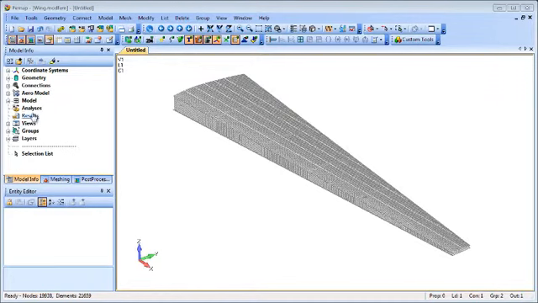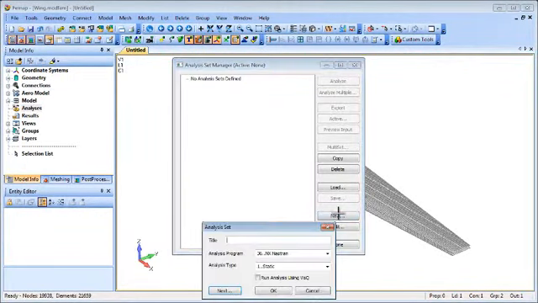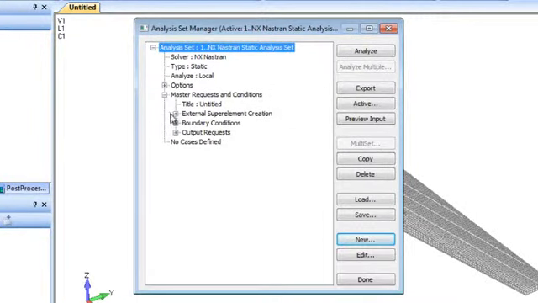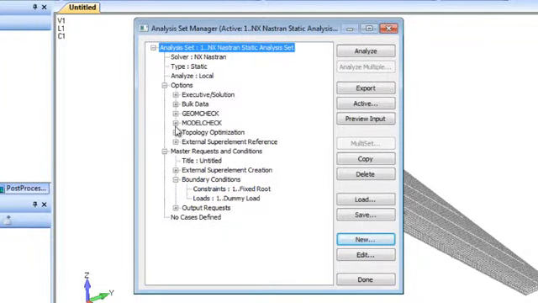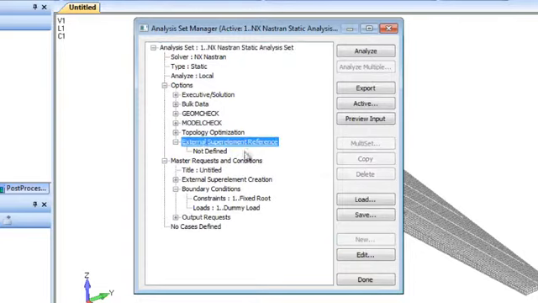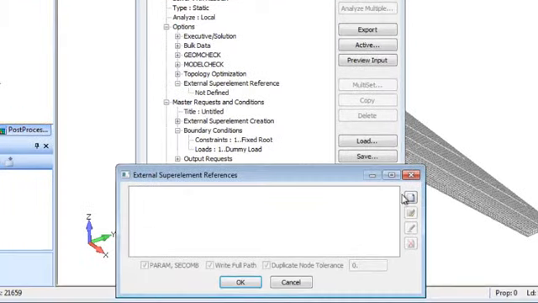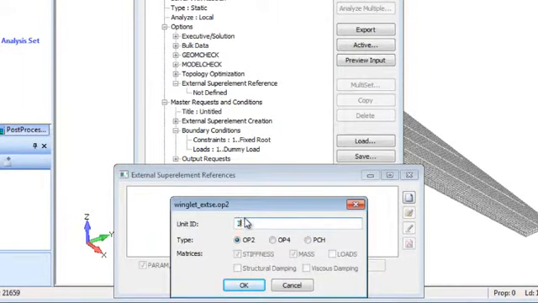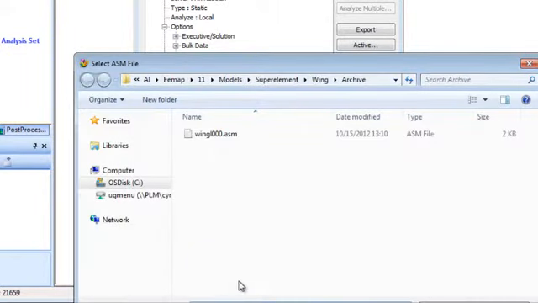Now, within the wing model, we can attach the winglet as an external superelement. Here we've set up a dummy load to activate the external superelement loading, that is the winglet side pressure load. A constraint set has already been defined, so all that remains is to set up the external superelement reference in the analysis manager, that is to pick up the OP2 file, set the unit ID, and reference the ASM bulk